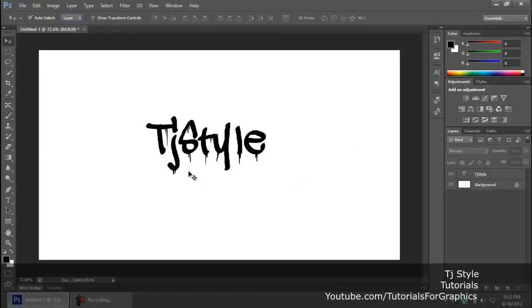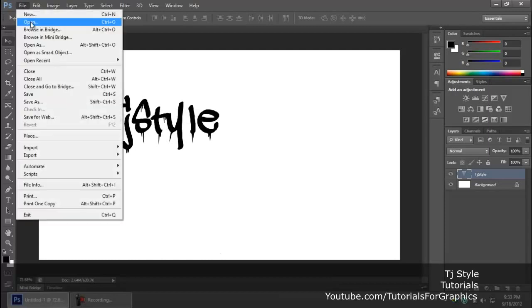Now, guys, if you select any layer on your canvas, that layer will automatically be selected in the layers panel and you'll be able to move it. So say if I had some